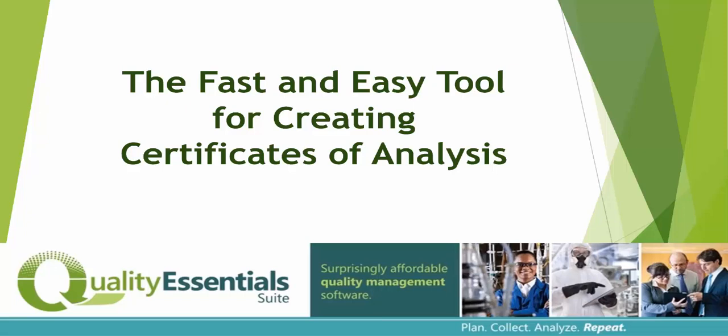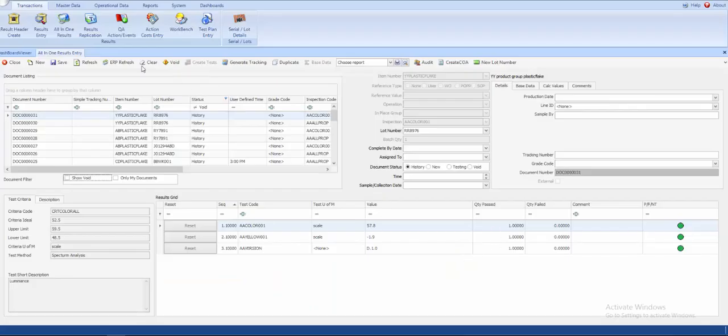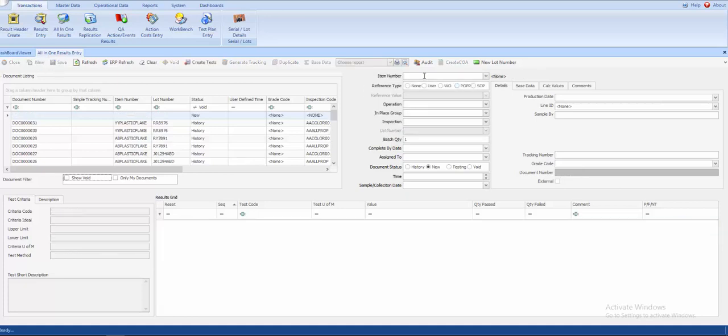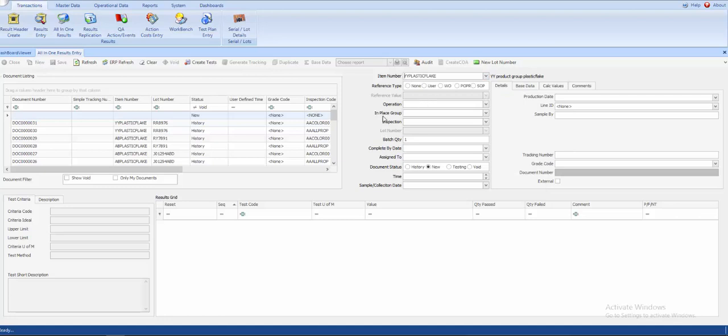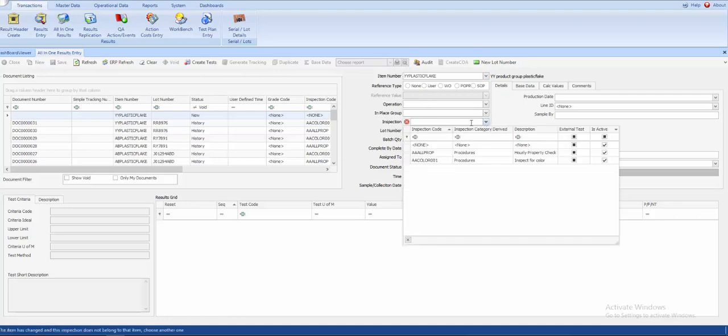Quality Essentials Suite is the fast and easy tool for creating certificates of analysis. Let's start by recording some data that will show up on a certificate of analysis. I have a part number, my YY plastic flake, that I've just collected some information related to the inspection for